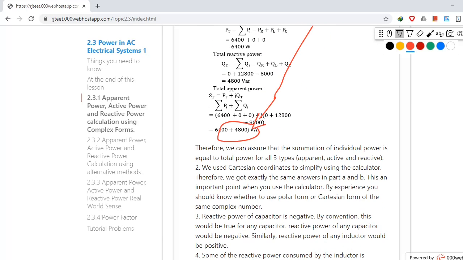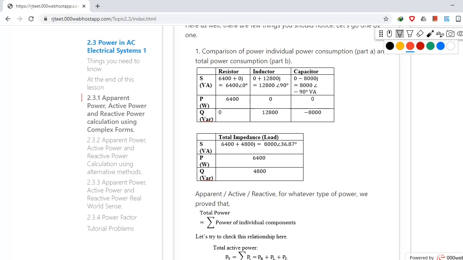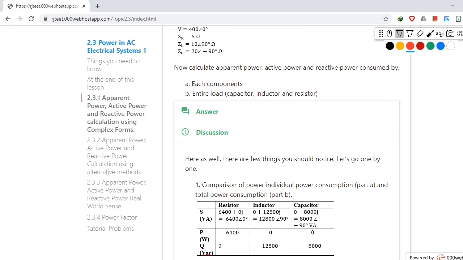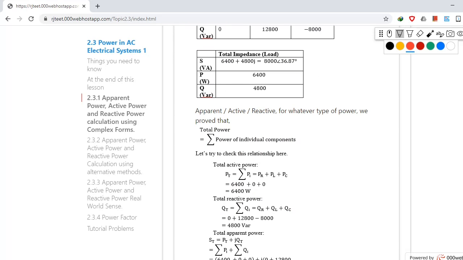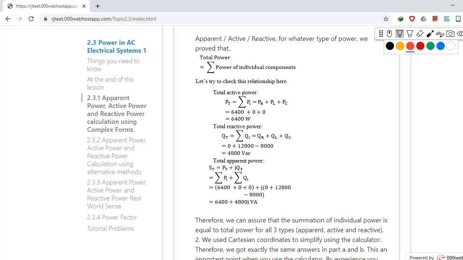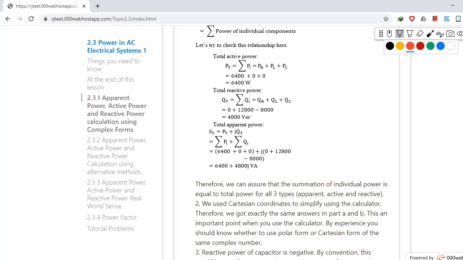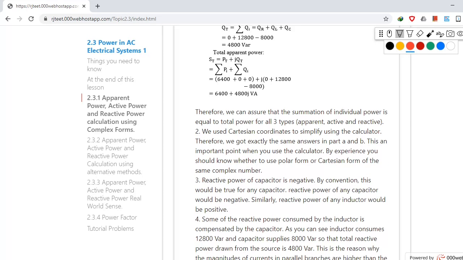So those relationships you could prove that they are true, and they are going to be true for any case. So you first should understand this relationship, then you can apply this knowledge mainly to calculate unknown values, or to prove these relationships, etc. And it's going to be really important, right? And the next thing you should notice is